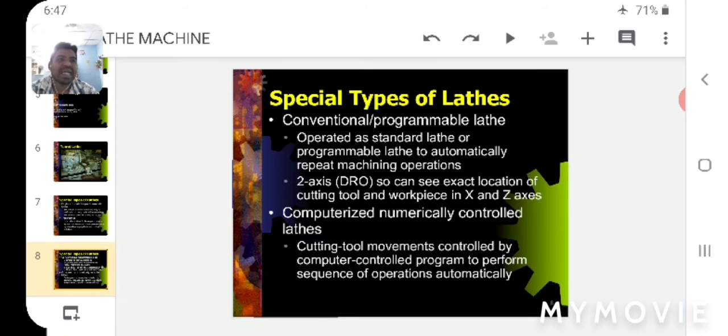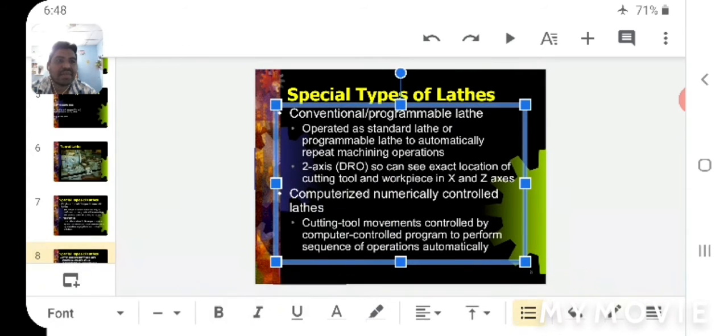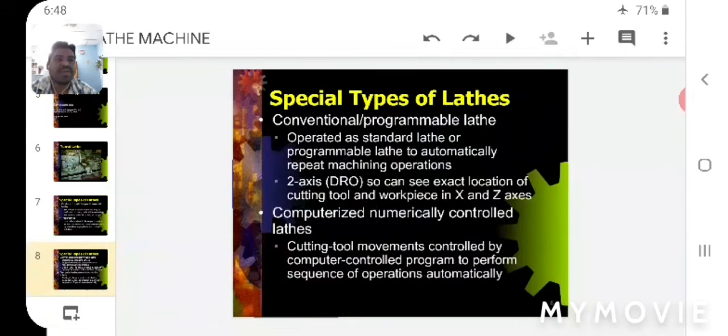It is operated as a standard lathe or programmable lathe to automatically repeat machining operations, used to perform cyclical operations. Two axis DRO can show the exact location of the cutting tool in the workpiece on the X and Y axis. That means we have cutting in the programming language. It is nothing but 2D diagrammatic data.